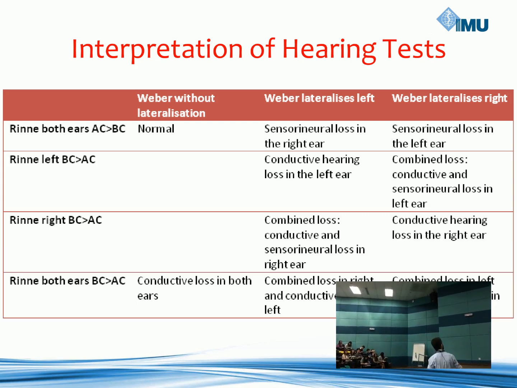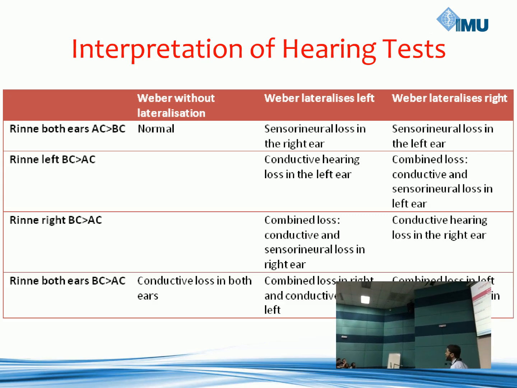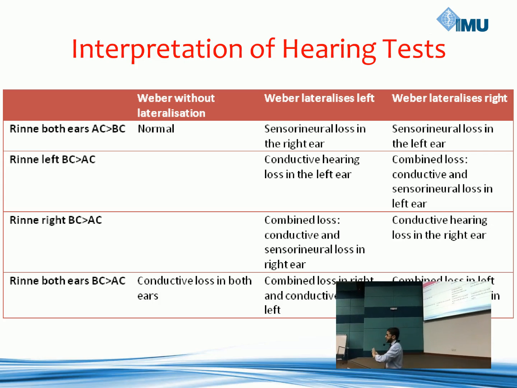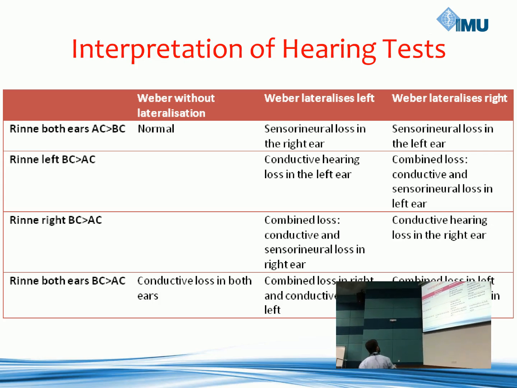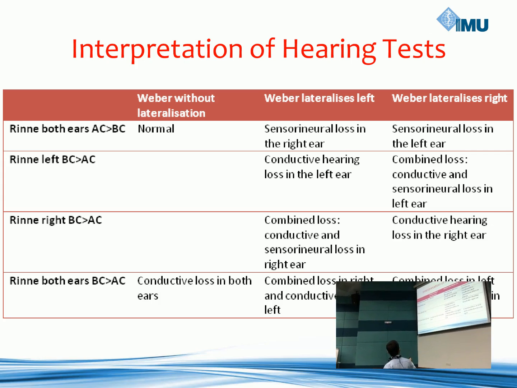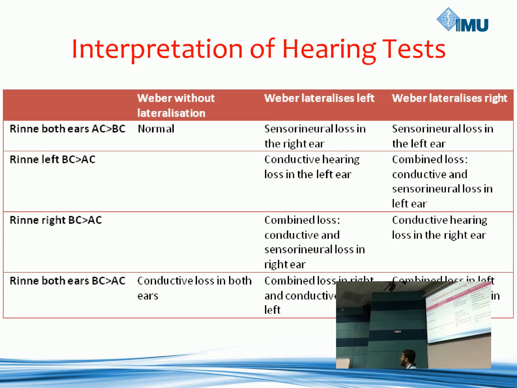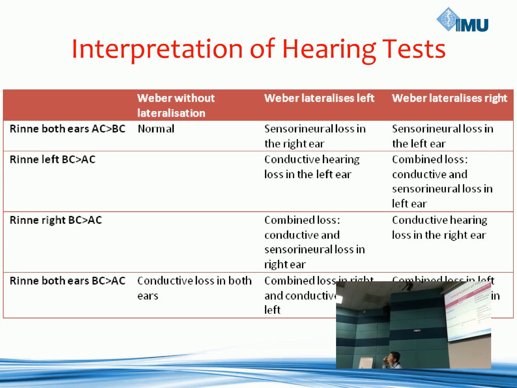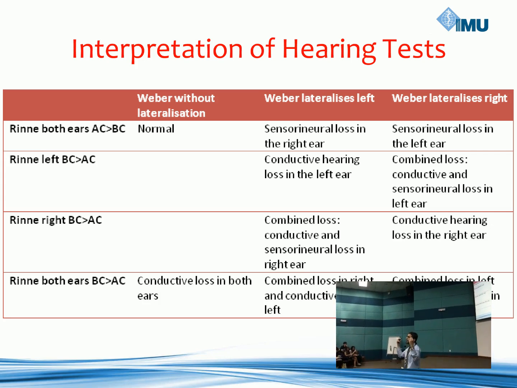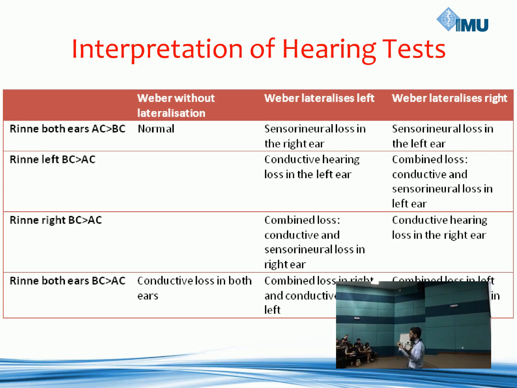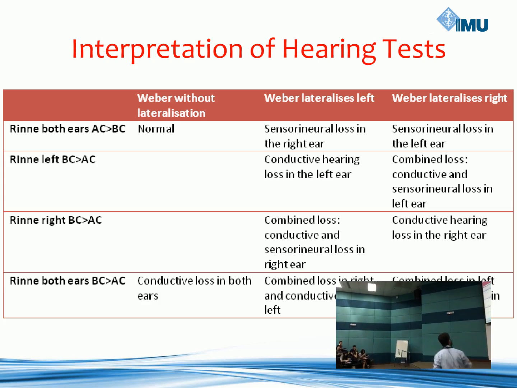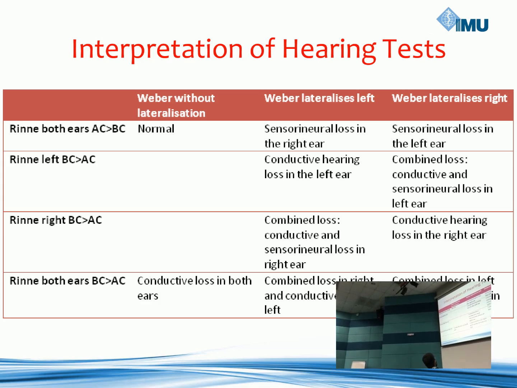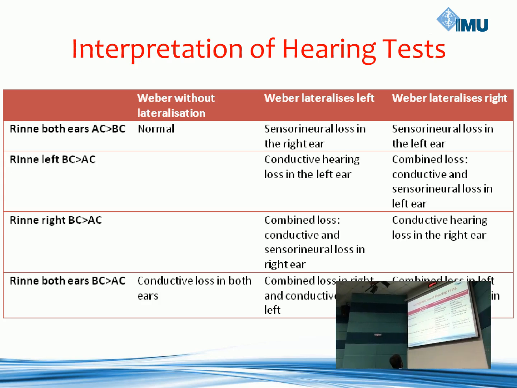The third possibility: if in the Rinne test, in both ears, bone conduction is better than air conduction, and the Weber does not lateralize, it means conductive deafness in both ears. For example, otosclerosis on both sides, or middle ear infection on both sides. But if Weber lateralizes, if Weber lateralized is left, it means there is combined loss in right, and there